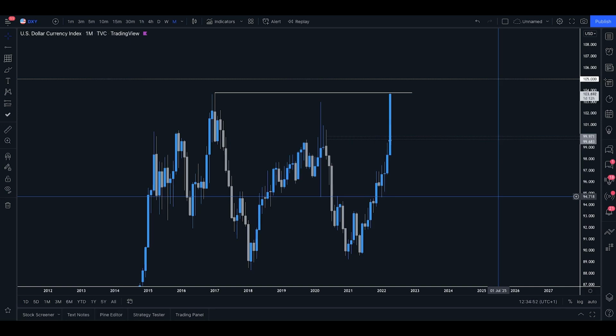And considering the Federal Reserve plans to continue increasing rates and the geopolitical tensions don't seem to be slowing down anytime soon, I would anticipate the DXY and the US dollar to continue rising aggressively in price as they are right now. So let's now take a look at the chart on the DXY, see what the US dollar is doing and where I expect it to move to next.